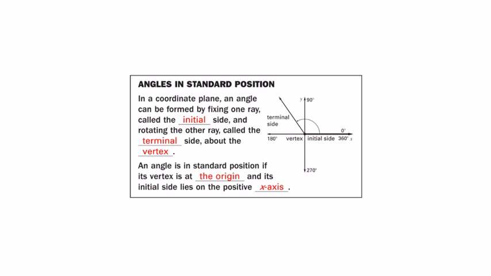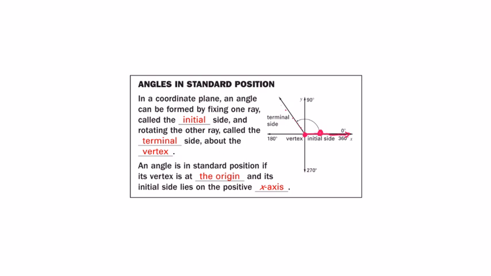Initial is where you begin and terminal is where you end, about a vertex, and that vertex is going to be at the origin. Right here, this is my initial side, and that's going to lie on your x-axis. The vertex is going to be at the origin 0, 0, and wherever the terminal side is,